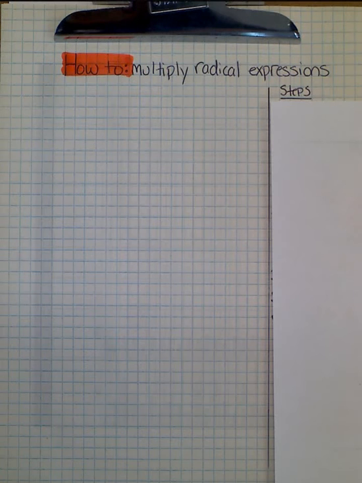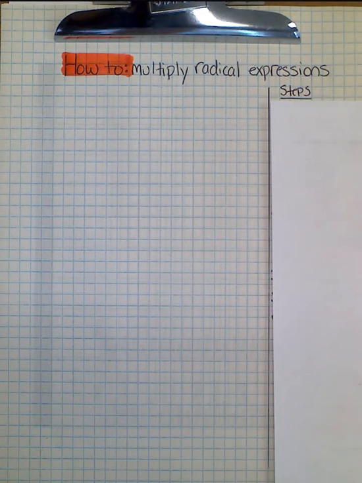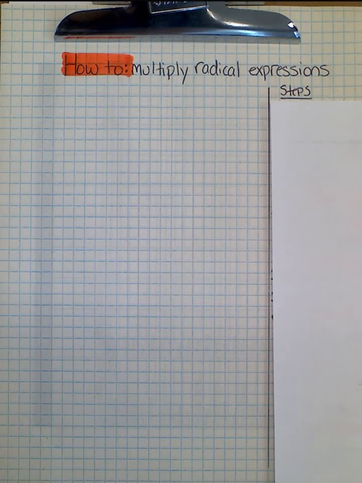In this video, we're going to learn how to multiply radical expressions. And I'm just going to make up an example, and on the right side, I'm going to pull this down and list the steps that I am doing. So the example I want to try is number